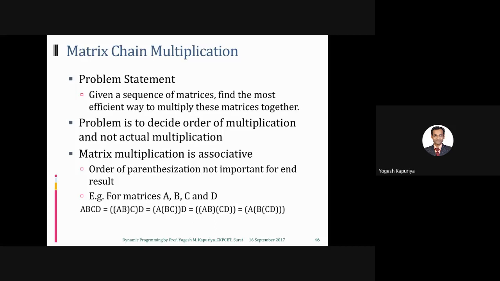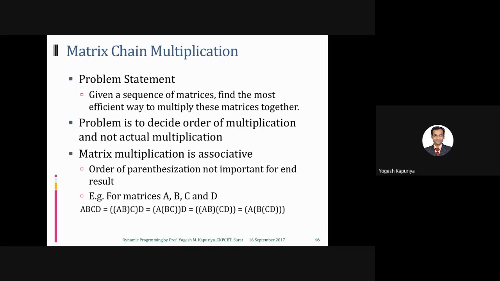So we have been discussing dynamic programming, and this is the last problem statement under it. The reason why I have put it at last is because I think this is the most complex problem statement as far as dynamic programming is concerned, or whatever the list of problem statements we have discussed. This is the most difficult to understand. But I will try my best to make it easy by using various tools.